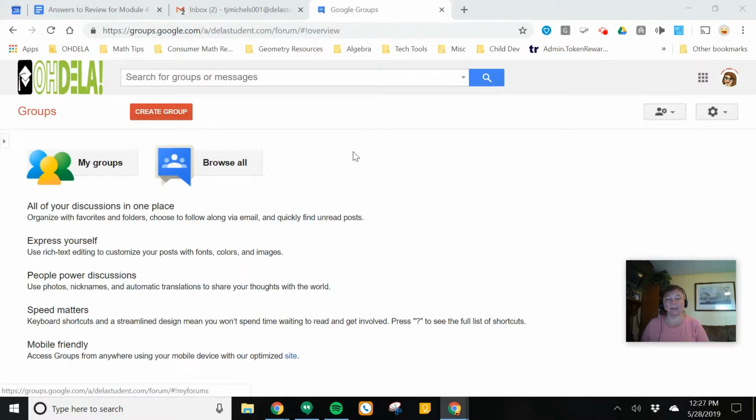Google Groups is a little bit different than Google Contacts, where you can set up people in groups. It adds a little bit more to it because you can actually do discussions with them. They can express themselves again with their posts. You can see people powered discussions, speed matters, mobility friendly, all of those options that are a little bit different